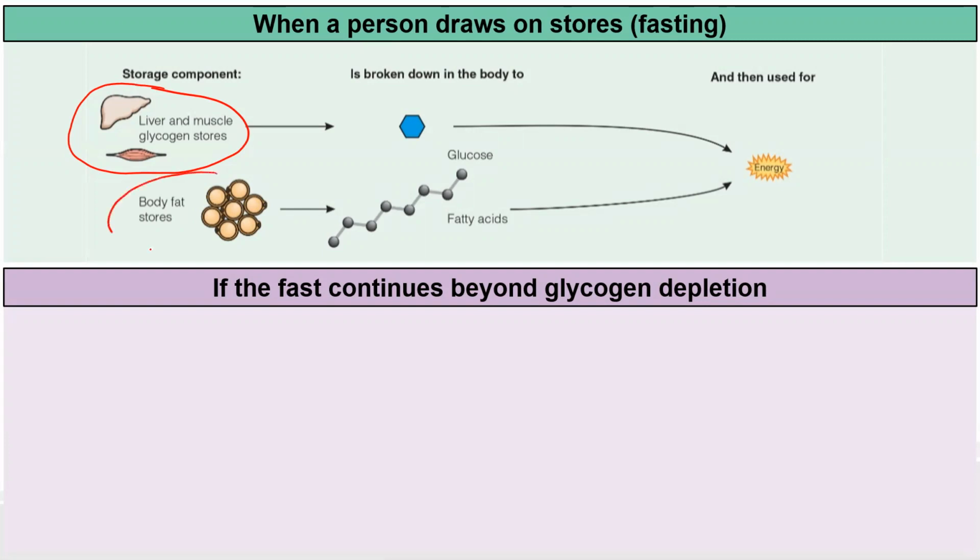Now, this is a little bit slower to get going. Glycogen is kind of like it's ready to go. It's a good energy source for that reason. Fat, it's going to come. It's just going to be slower. All these things are going to provide you with a little bit of energy.